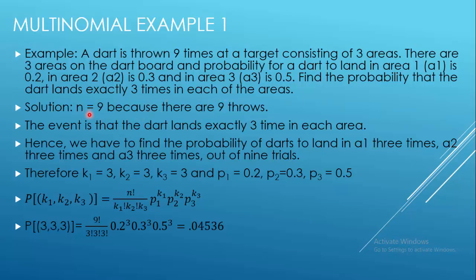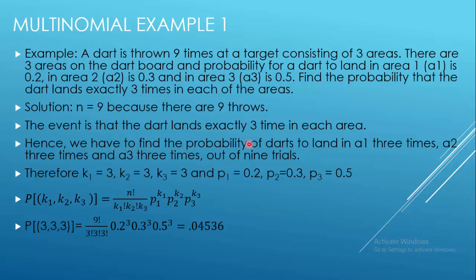So first of all, determining the total number of trials is easy because it says that a dart is thrown 9 times, so n is equal to 9. The event is that the dart lands exactly 3 times in each area. This is what we are interested in. Hence we have to find